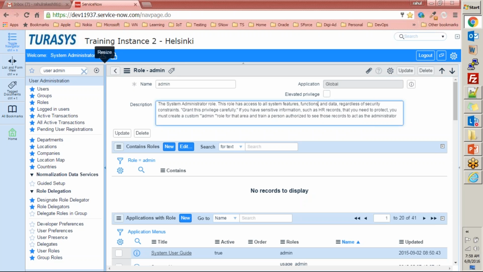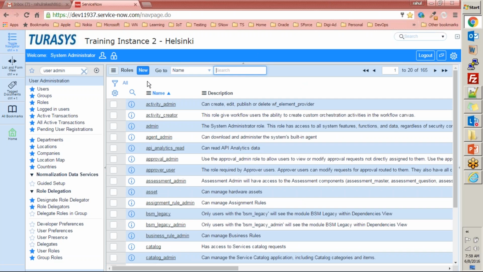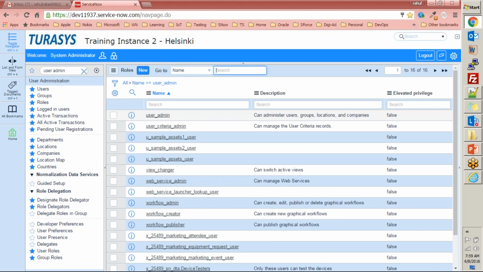See, this is one way of implementing security as well, right? You do not want to allow everybody to see all of the information that you have in your environment, right? So for that, you'll create different roles, right? And people with a specific role authorization will only be able to see those interfaces, right? For that purpose, you have this role. You have to have this user underscore admin role to create a new group, right? User admin. The person who has this user admin role can administrate users, groups, locations, and companies, right?